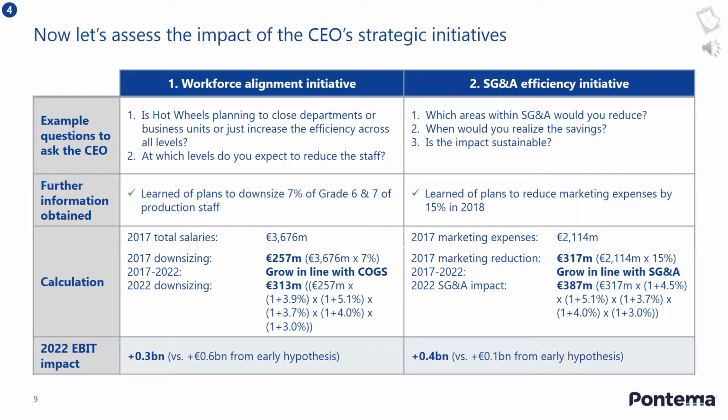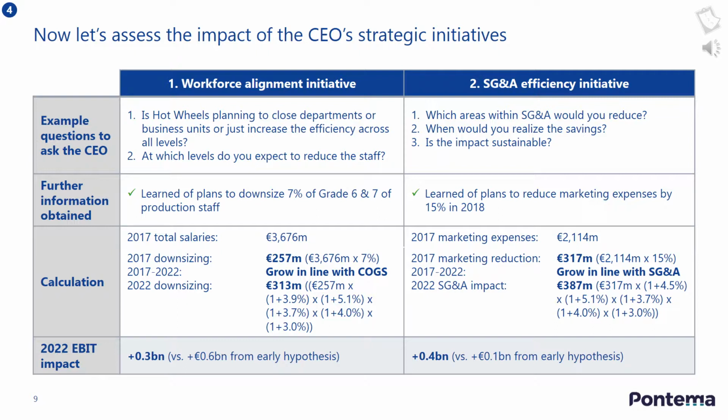To incorporate the reduction in staff numbers, you were able to obtain further information about the specific work grade of people affected, and therefore could add precision to your numbers. By extrapolating the 2017 downsizing number out to 2022, in line with COGS growth forecasts, you can then isolate the proportion attributable to labour. The 2022 EBIT impact is about half of what you estimated at the beginning of the